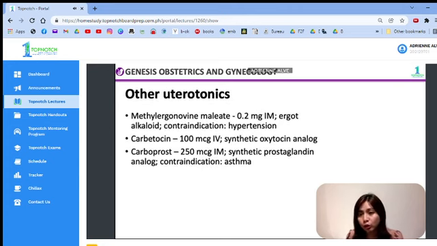Okay, so what are the other uterotonics aside from your oxytocin? Oxytocin being the first line. So si oxytocin, you can either use that intramuscularly or through IV infusion. So the other uterotonics, kapag halimbawa hindi pa rin tumitigas yung matres mo or nagpo-contract after administration of oxytocin are as follows. You can give the patient